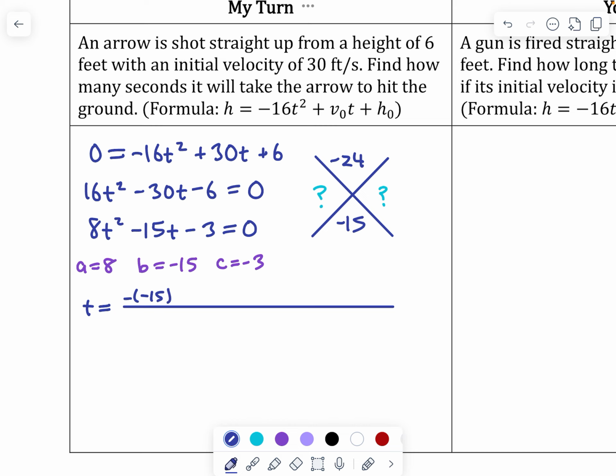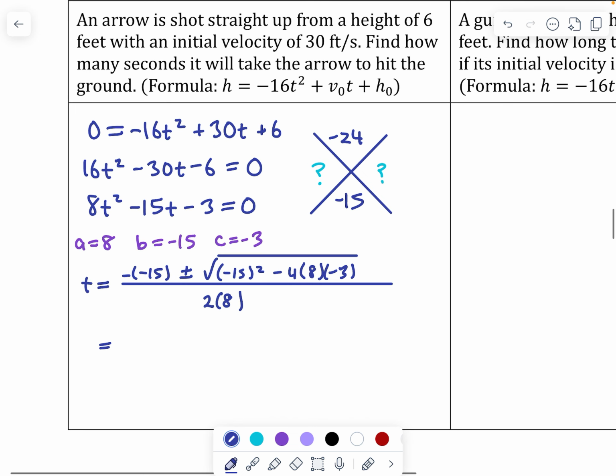-b. Now watch out for the double negatives, right? That is -15 plus or minus b squared minus 4ac all over 2a, which is going to give me 15 plus or minus. All right, I'm going to punch that other part into a calculator. 321